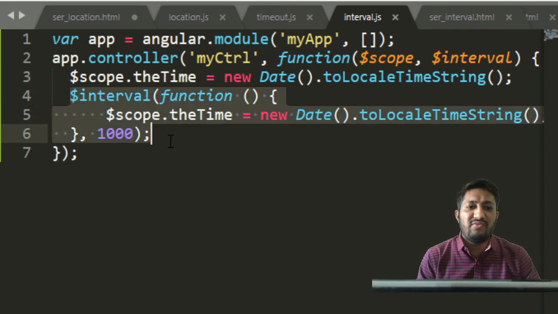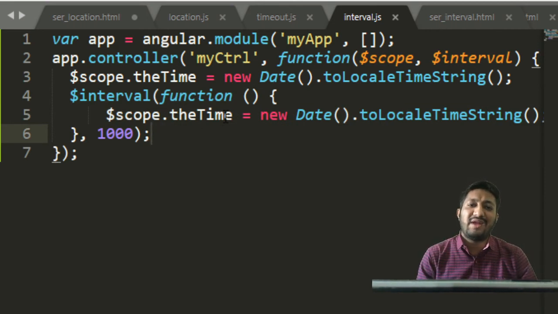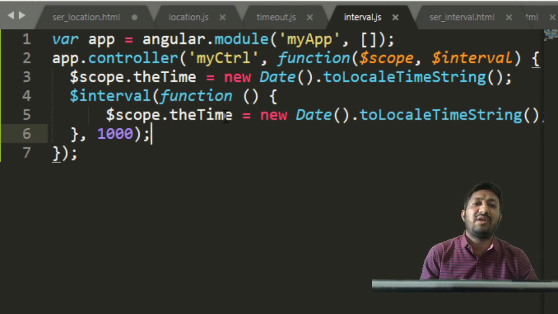Now what is the task of the interval function? When we get the time variable, it will fetch only the current time of the system. It is not incremented one by one. Suppose right now it is 2:57 and 30 seconds. When I refresh my page, the seconds are refreshed, so automatically it increases. So every time I refresh, my time increases. But if I am not refreshing my page, and my time still increases according to the system clock, that's why we are using the time interval here.